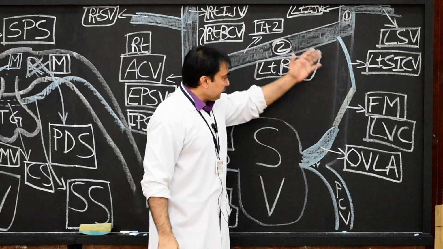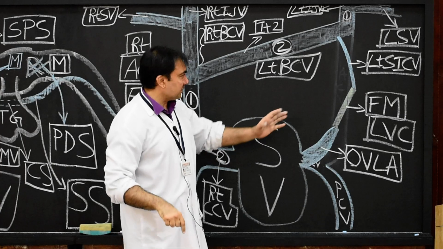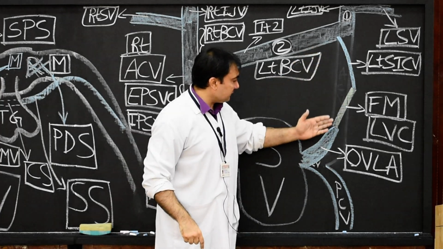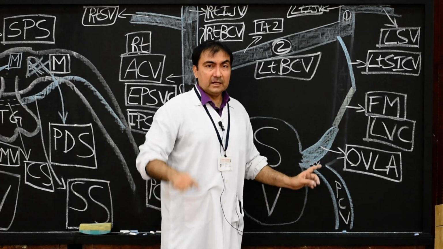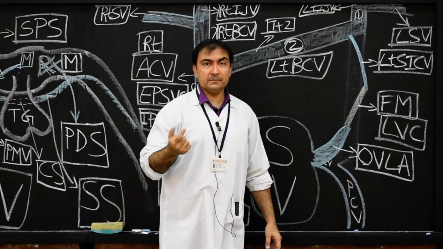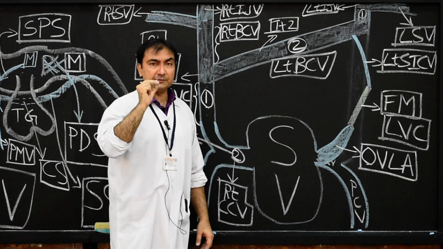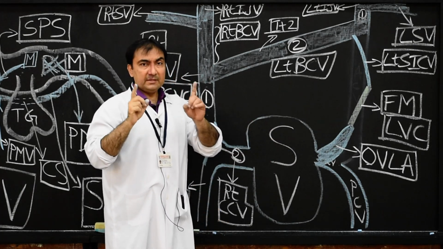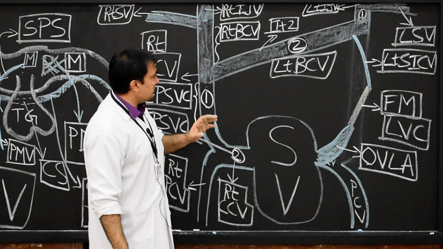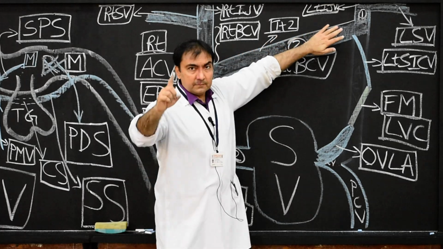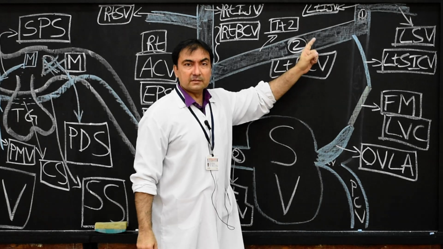Therefore, here we finish our entire development of superior vena cava, where we have to mention what happens to the left anterior cardinal vein and the left common cardinal vein. This is very important. Now we come to anomalies. Two anomalies will be there. In the anomalies of superior vena cava, number one, double superior vena cava. Double superior vena cava means there will be non-development of this oblique vein.